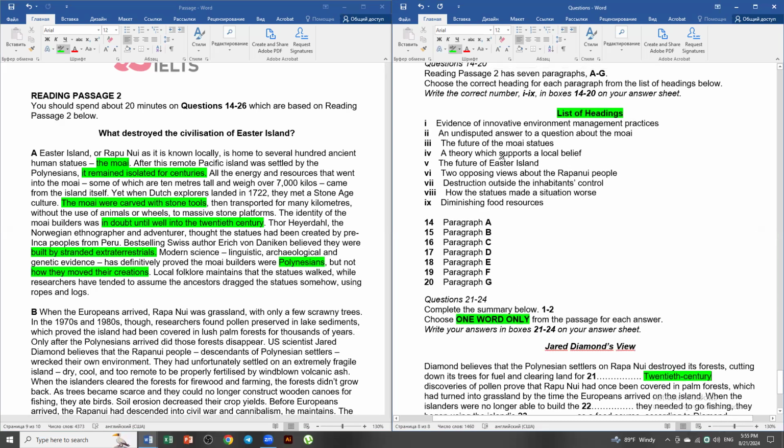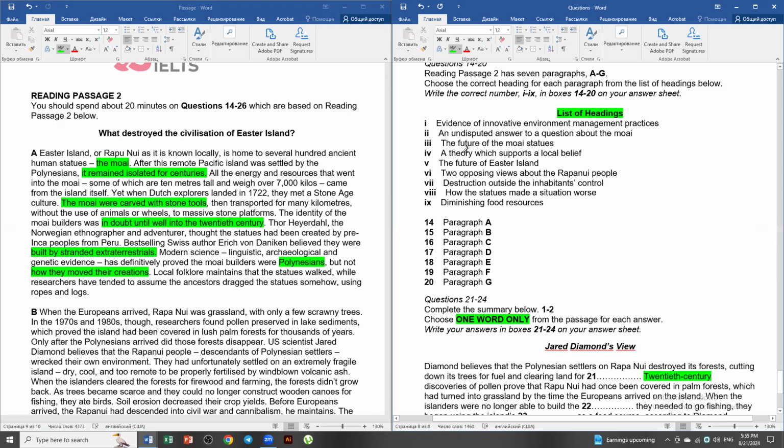Paragraph A, evidence of innovative environment management practices. Evidence of innovative environment management practices means some sort of a very new way of controlling the environment. It's not talking about that. And an undisputed answer to a question about the Moai. An undisputed answer to a question is definitely